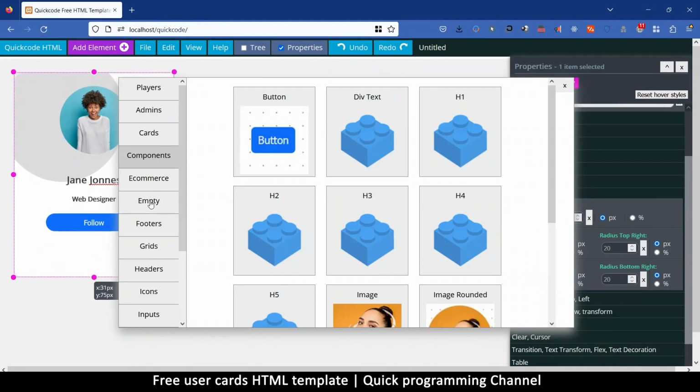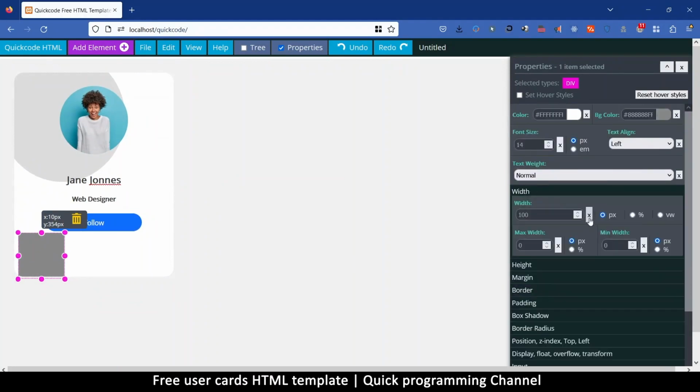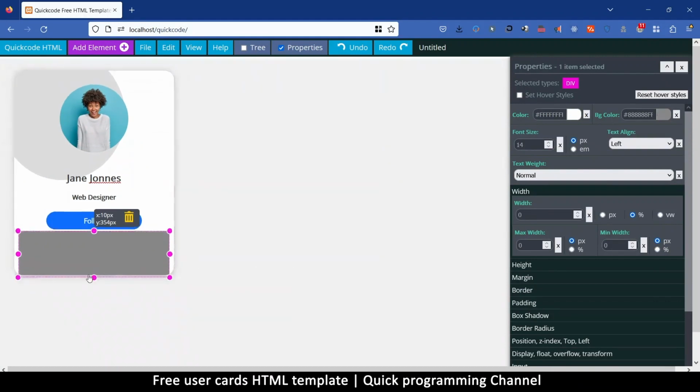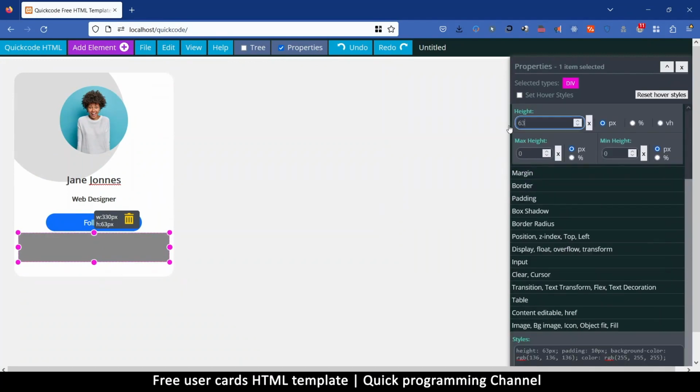let's go to components and add an empty div. I want to add some icons. So on this div, I'm going to go to width and just click to cancel out the width so it goes all the way. Then I can put a specific height by clicking and dragging, or I can simply go to height here and put a very specific number like 50. And in there, I want to add some